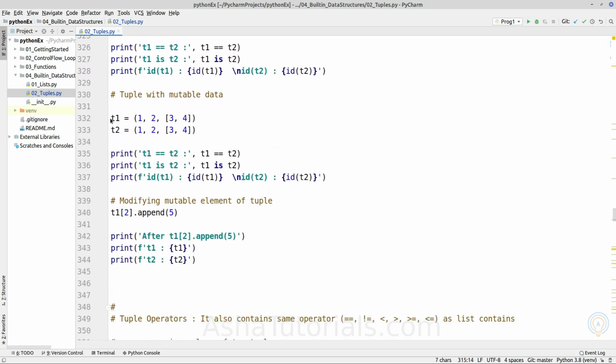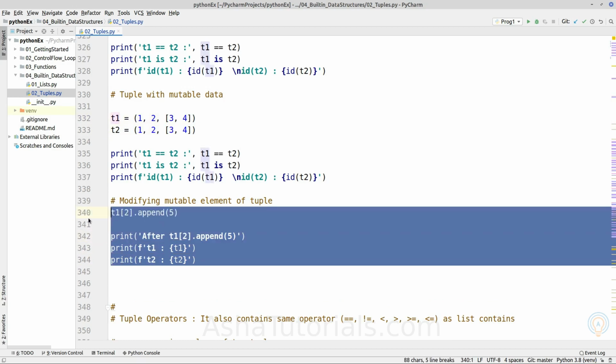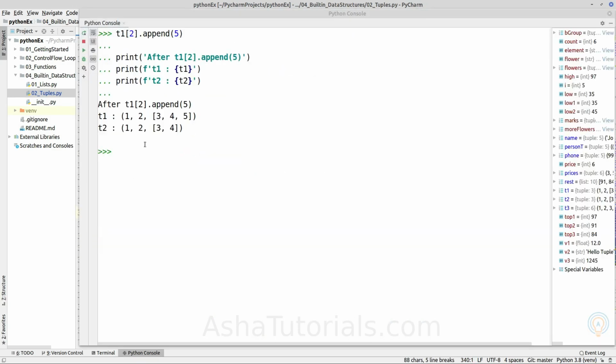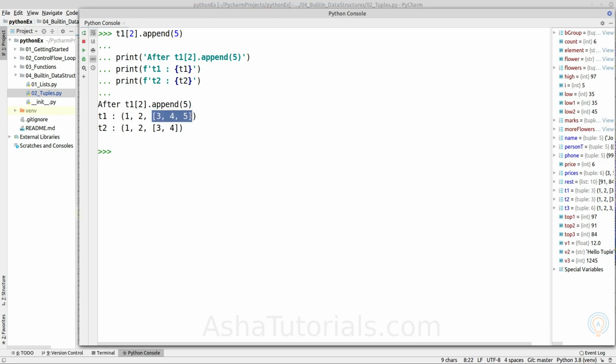Now we can change the value of a mutable element. If we access the list in T1 and append some value, it will affect only this list, it will not affect the other list. So let's append it and see both tuple objects. As we can see, it is only affecting the list of this one, because while constructing the second tuple object, it did not return the memory address of the same object, because it has mutable data types.